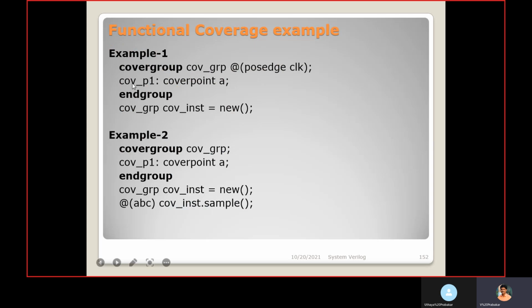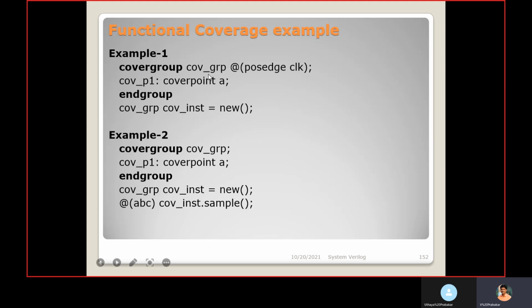Functional coverage example. Here, in this example, I am going to explain the ways we can sample the signals of the coverpoint. This is the first one: covergroup name at passage of clock. Then coverpoints we can mention. The covergroup we need to instantiate and create a new object.